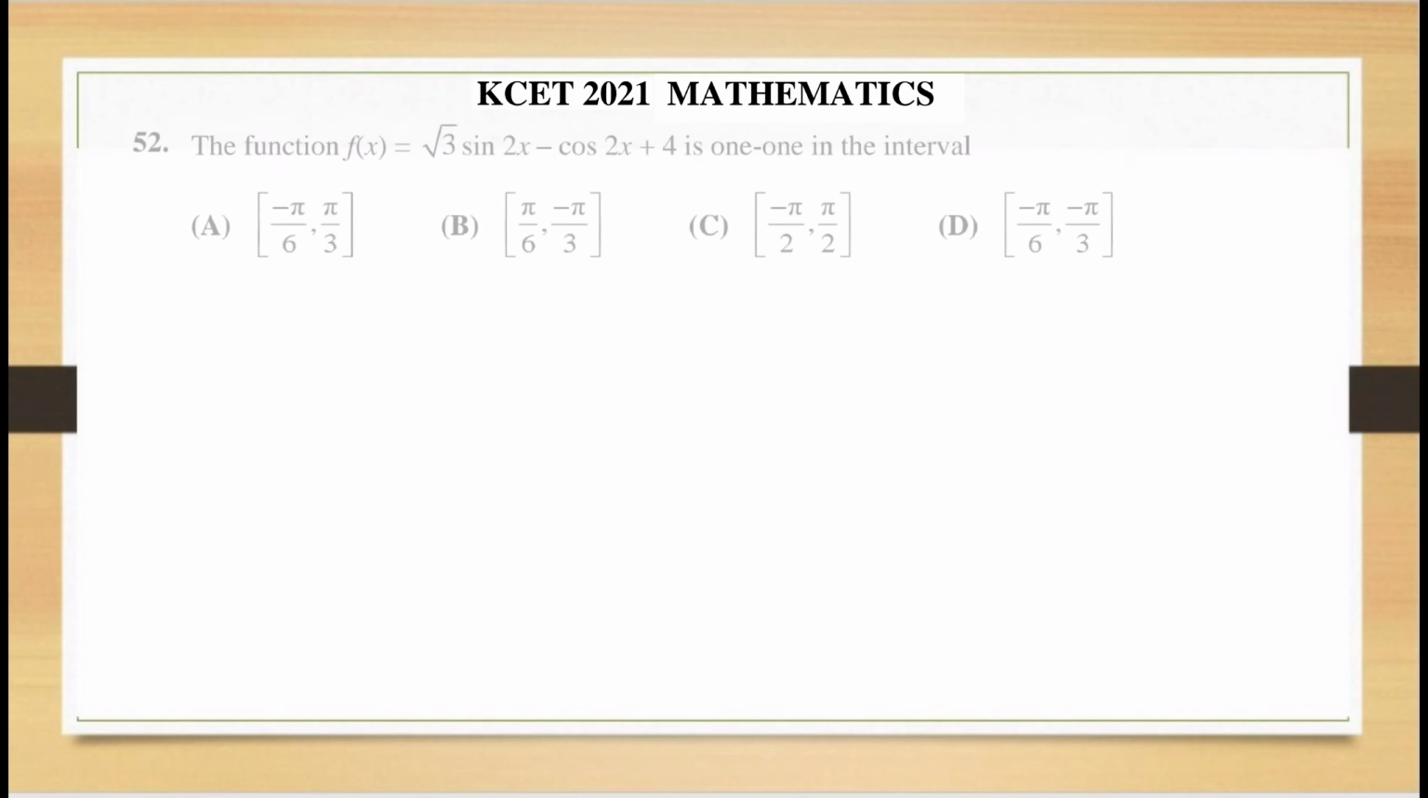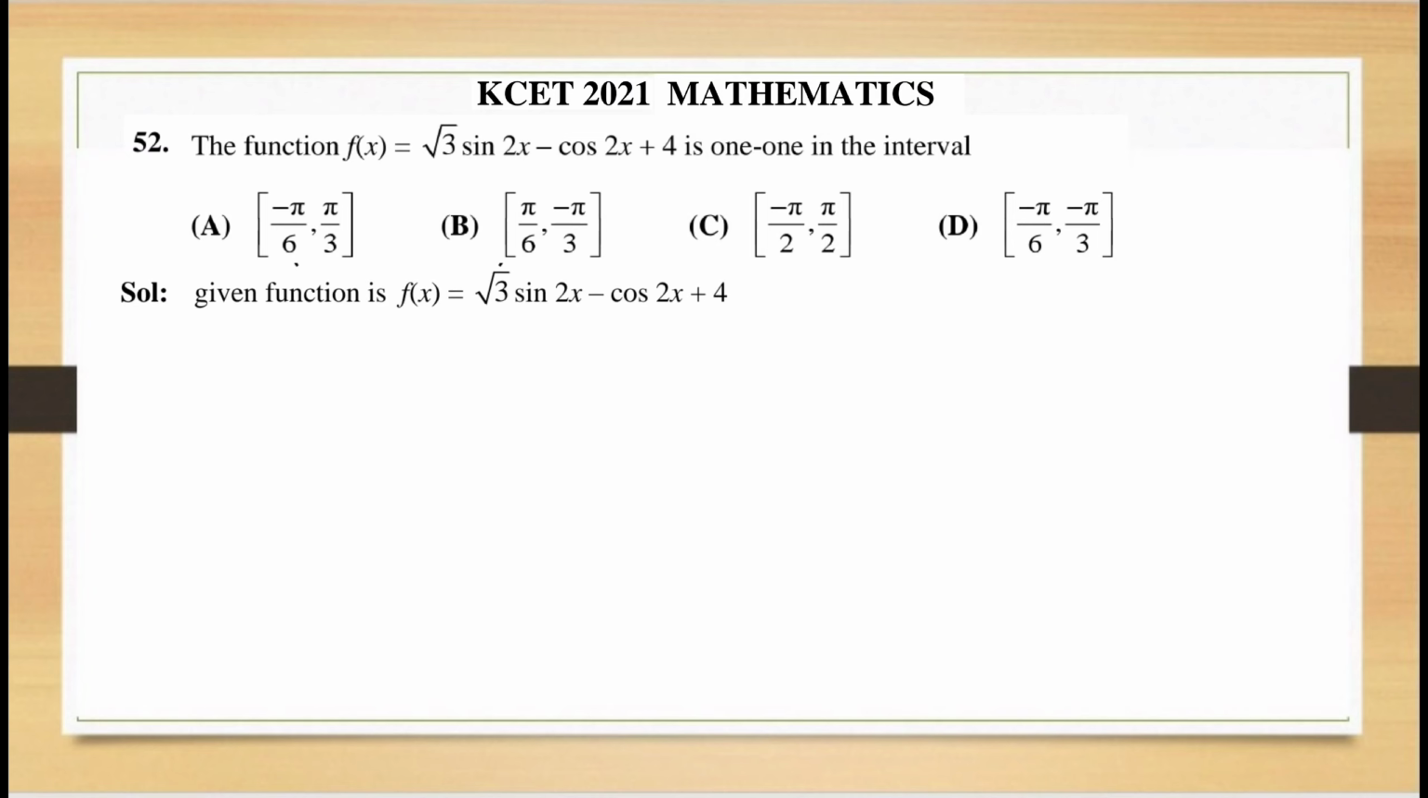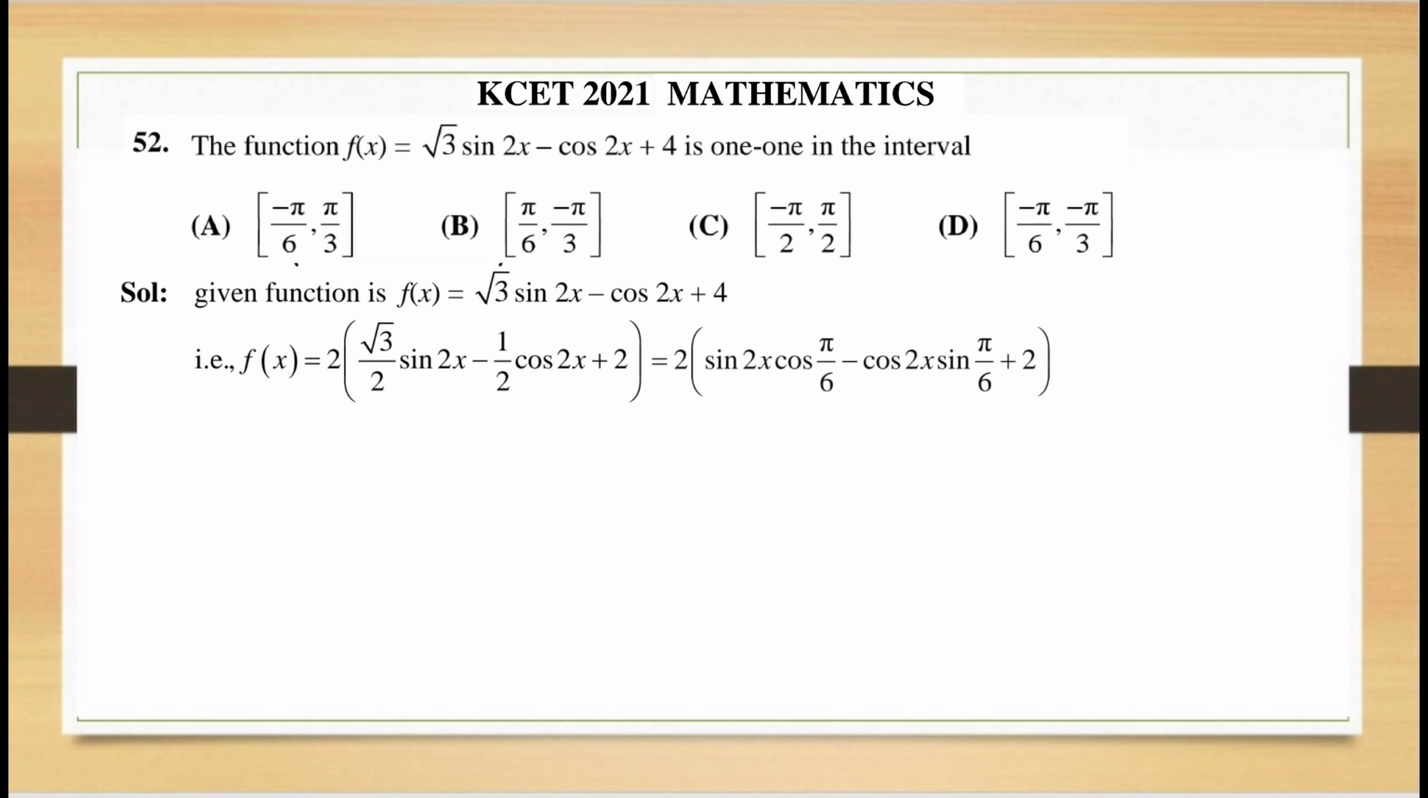52nd question is, the function f of x equals root 3 sin 2x minus cos 2x plus 4 is 1-1 in the interval... So the given function is f of x equals root 3 sin 2x minus cos 2x plus 4. Now take 2 as common from the RHS. Then f of x equals 2 into (root 3 by 2 sin 2x minus 1 by 2 cos 2x) plus 2, which equals 2 into (sin 2x into cos pi by 6 minus cos 2x into sin pi by 6)